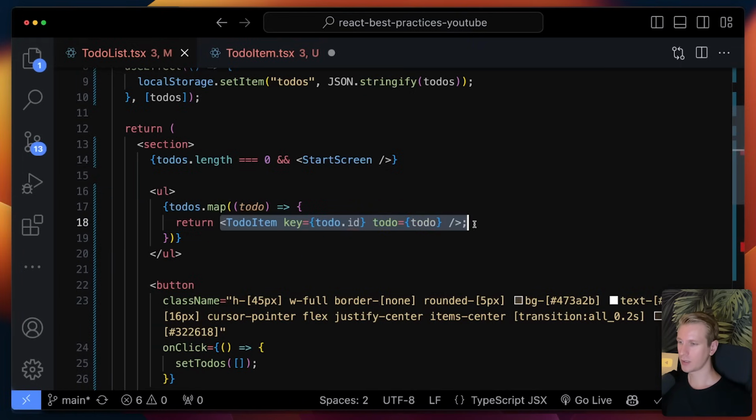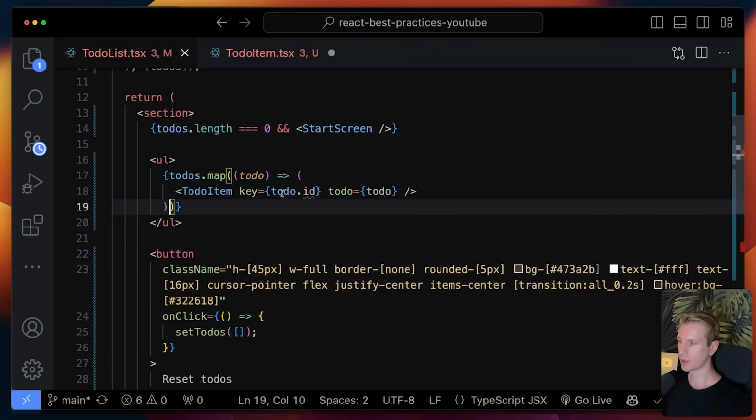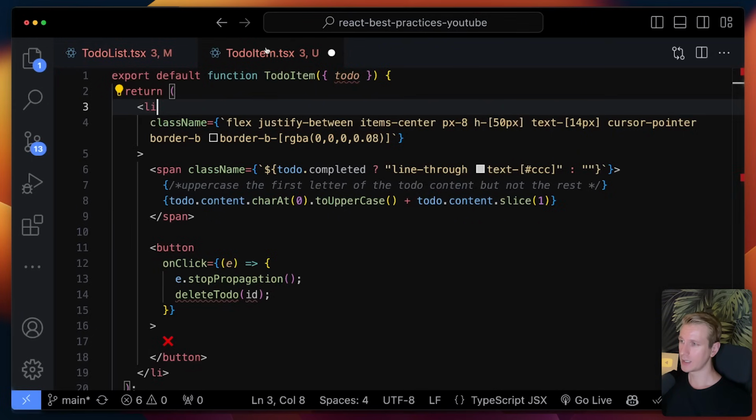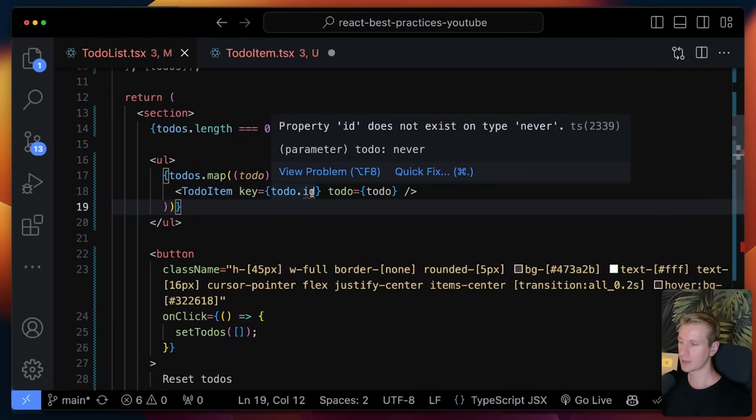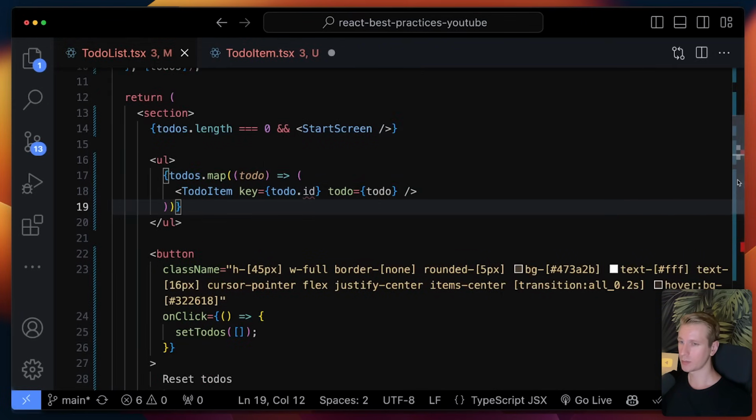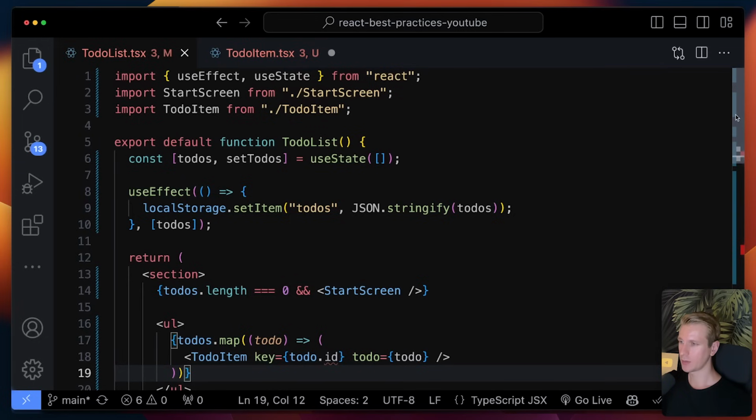And I think we can even write it without the return keyword on the same line. Prettier inserts parentheses for me, but you can see this is now much cleaner, right? And now, of course, I'm getting a red squiggly line here because to-do has not been properly typed. Let me quickly type this, right? So this is an array, but